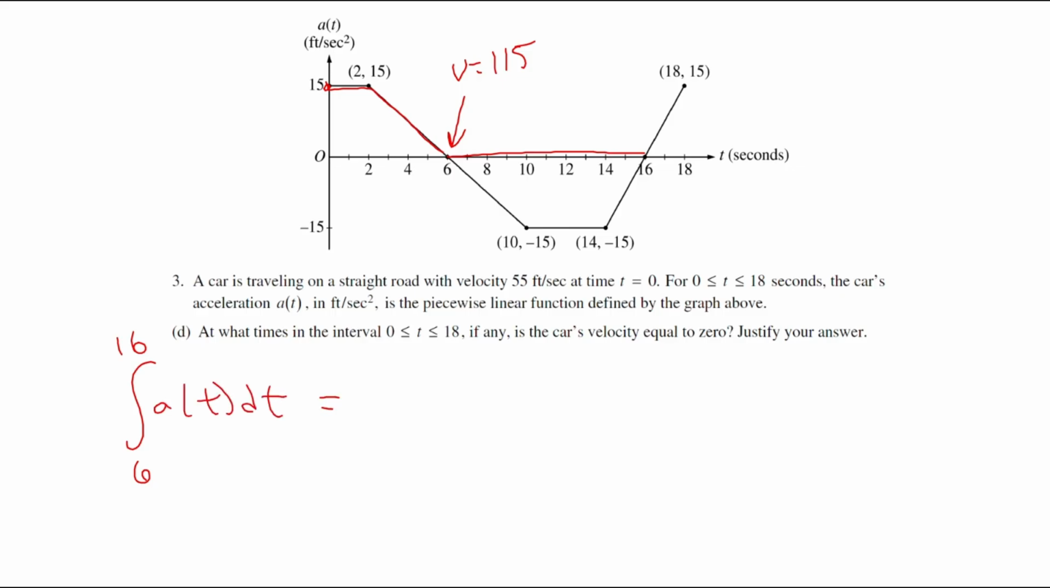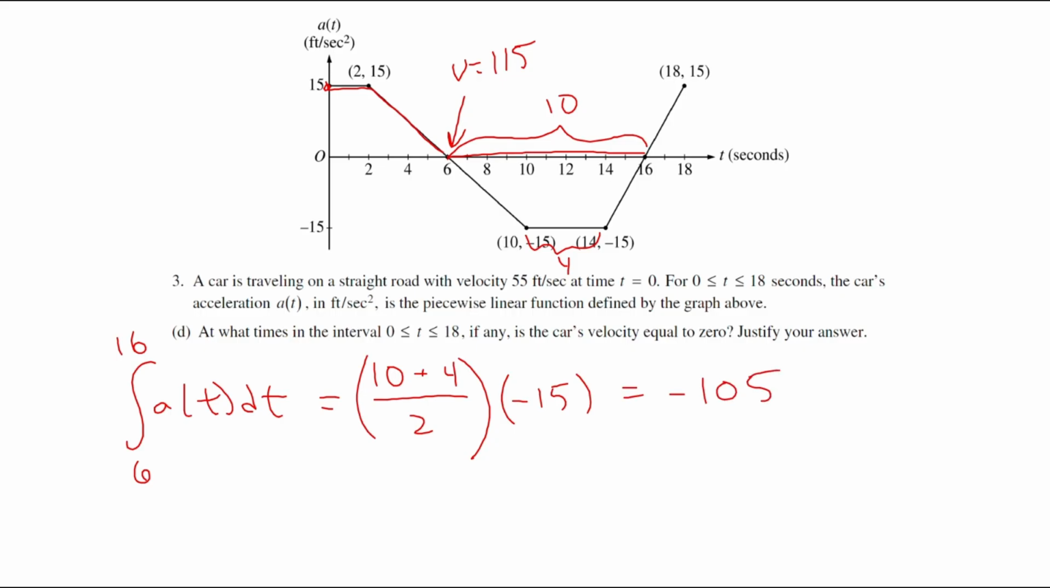And so that's just a trapezoid. From 6 to 16 is a base of 10. And then the base down here from 10 to 14 is going to be 4. So we have 10 plus 4 over 2, right, the average of the bases, times the height of negative 15. And so, well, 10 plus 4 is 14. 14 divided by 2 is 7. And then 7 times negative 15 is negative 105. And so